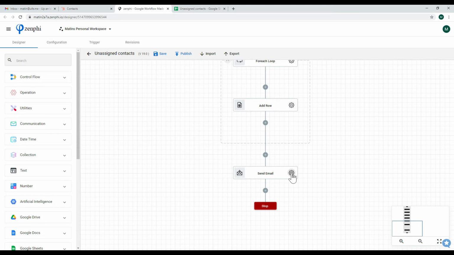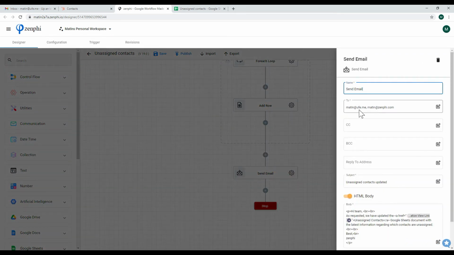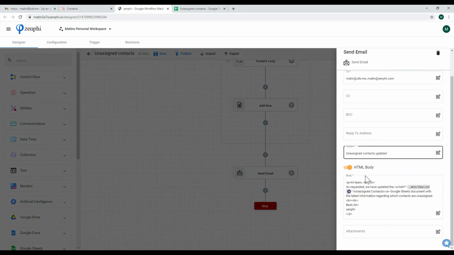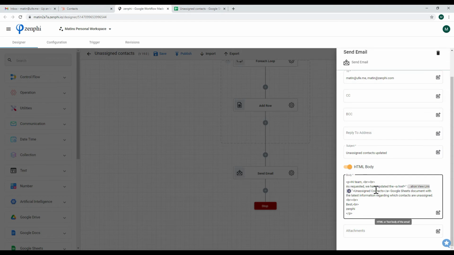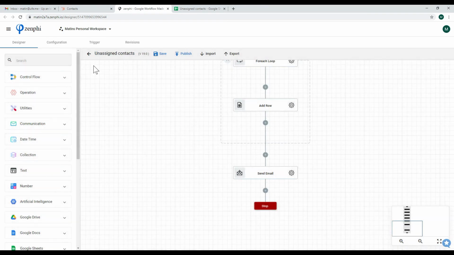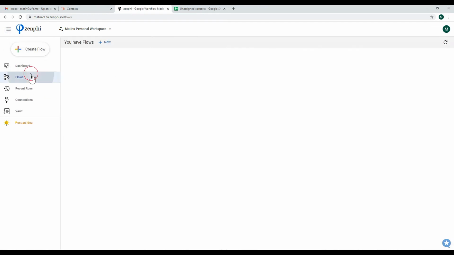And finally, what I did, I sent an email to myself, as you can see here, and I said we have updated the unassigned contacts Google Sheets document, and you can now view that document if you want to see the unassigned contacts. So let's actually run this flow,